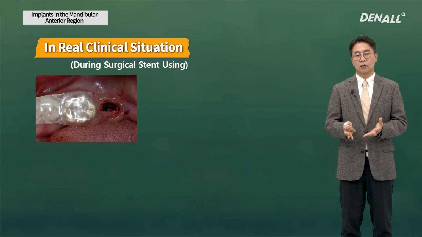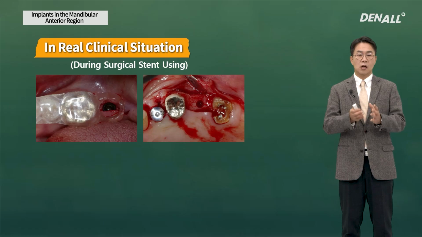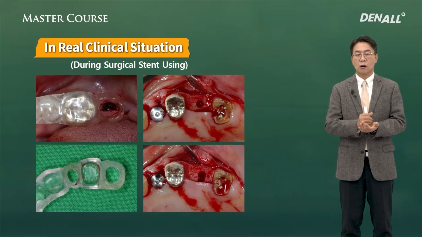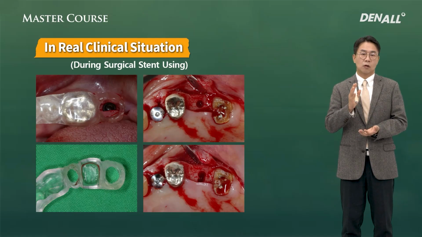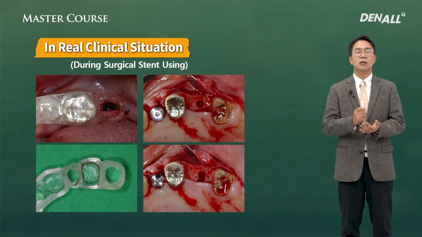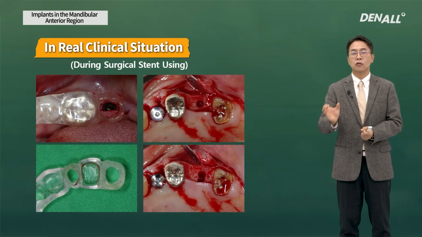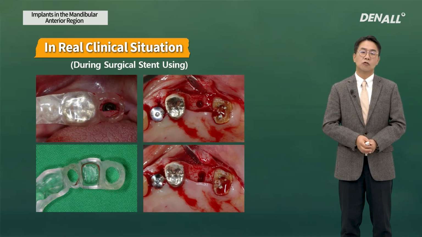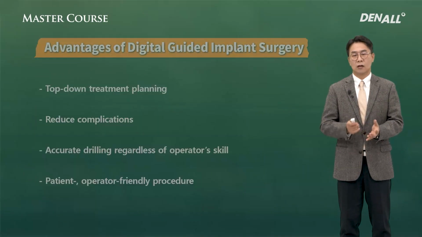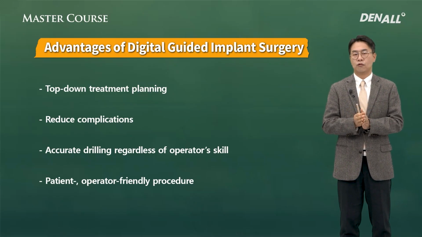In the mandible, a surgical stent hole is made accurately, and you can see the position can be changed. If the hole is wide, the exact point in the surgical stent may not be at the accurate position that we want. If it is buccally positioned, that needs to be adjusted a little bit toward lingually. The holes in a surgical stent can be made very accurately, but it may not be so at all times, depending on the capability of a surgeon, so that errors need to be reduced. So the drill and the hole, the distance between them should be reduced,